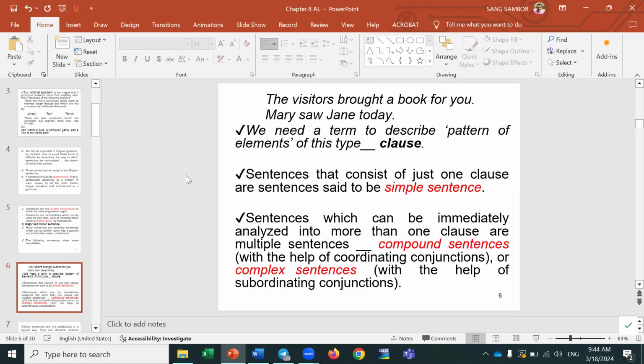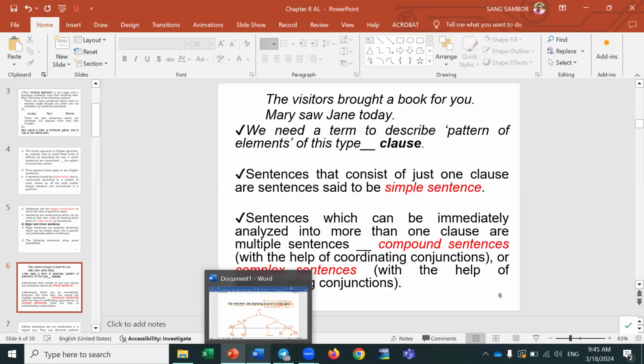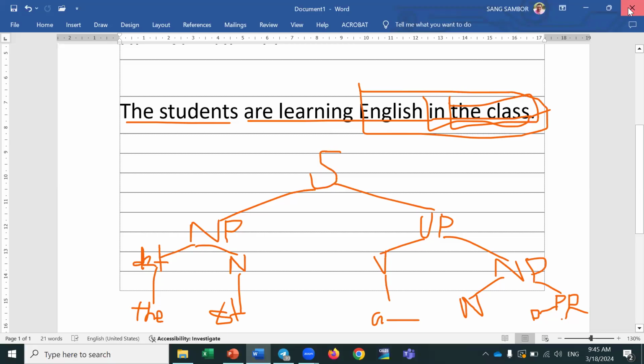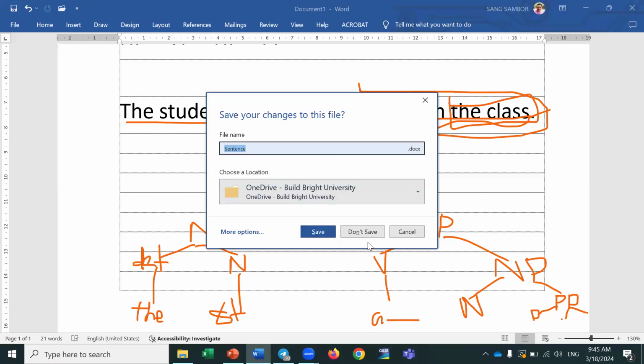A sentence that contains two clauses with the help of a subordinating conjunction is said to be a complex sentence. You get my point? Everyone? Yes, teacher. Okay. So basically,